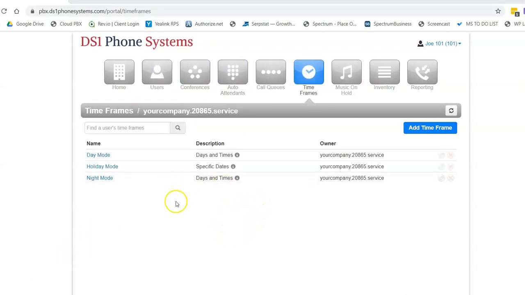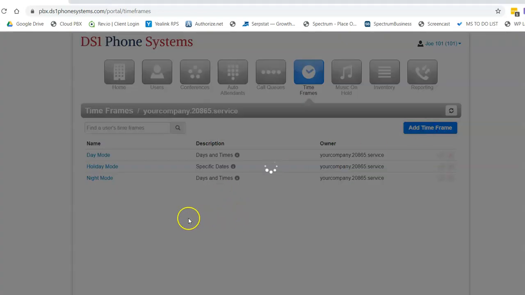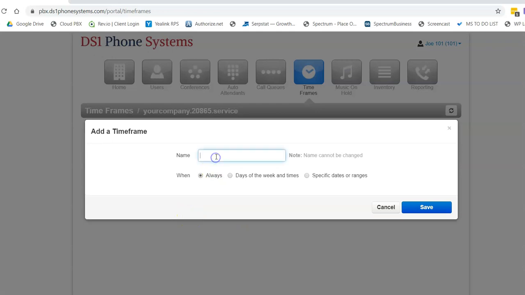Okay, so this is pretty much the majority of 95% of our customers use just a day mode, a night mode, and a holiday mode. However, you could use these time frames and be creative. Let me give you an example. We have one customer that says that they have a meeting on Tuesday morning,